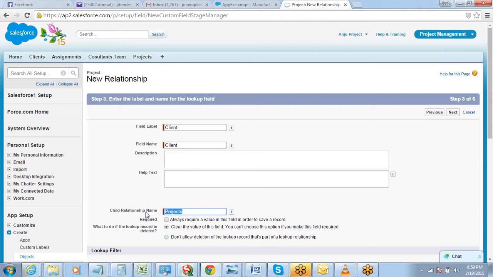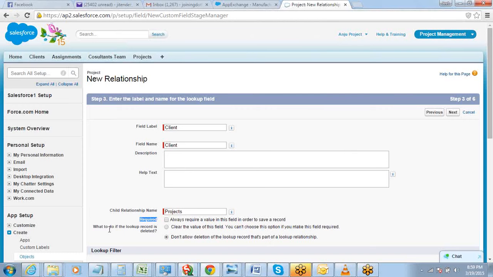Once you try to fetch some data through programming, that's when your relationship name is going to come into the picture. So you can give it any name as you wish. There is an option which says required. Do you want this relationship field to be required, which means do you want this field to become a mandatory field? As simple as that. If you want this to be a mandatory field, make it required, otherwise it will not be required.